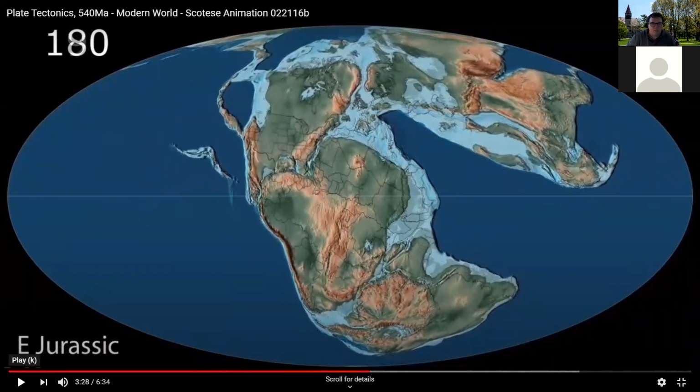In case you missed it, that's the last time Ohio was in the tropics. So it stayed cold and gray from there on out. Actually, it's not that bad, but